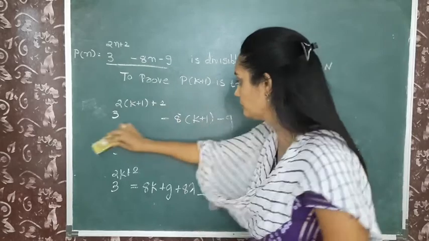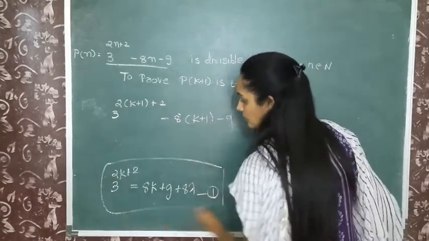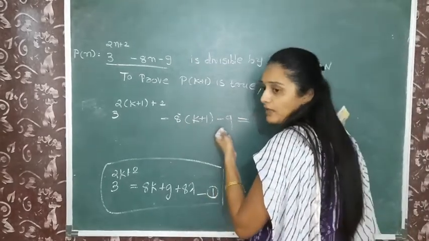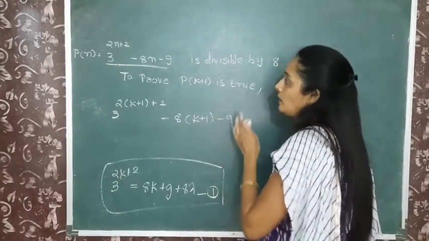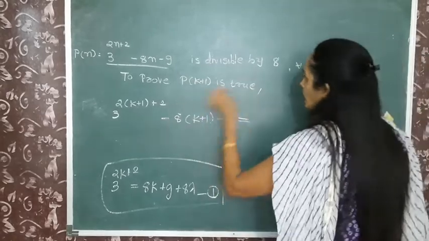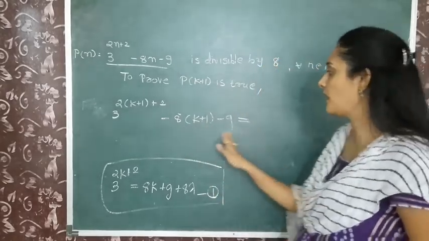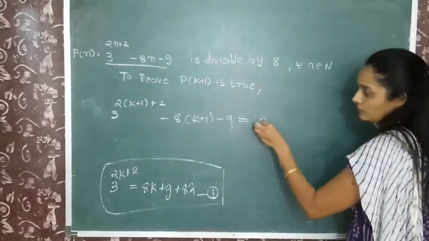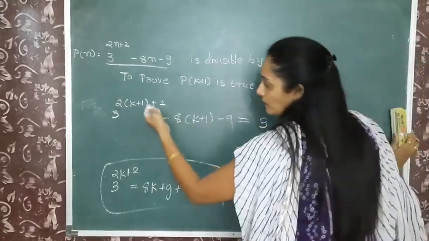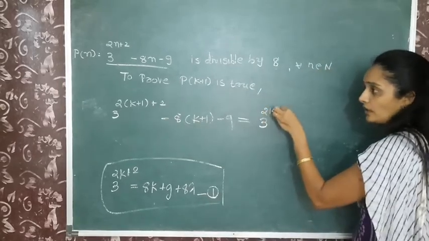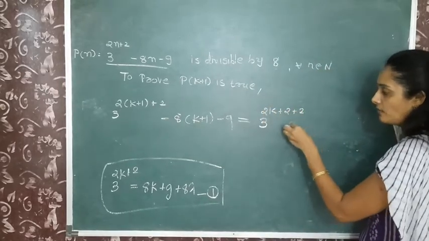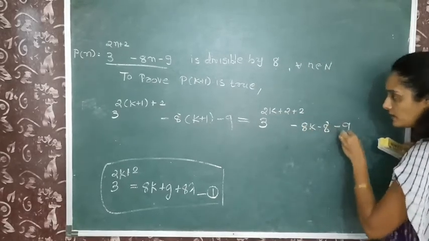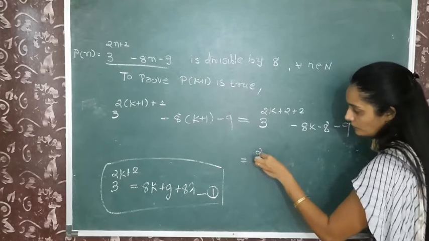Now we simplify these steps. We have to simplify these terms and show that this term is divisible by 8. That means one factor of this term is 8. Okay, now we open the bracket. So 2k plus 2 plus 2 minus 8k minus 8 minus 9. So here we have